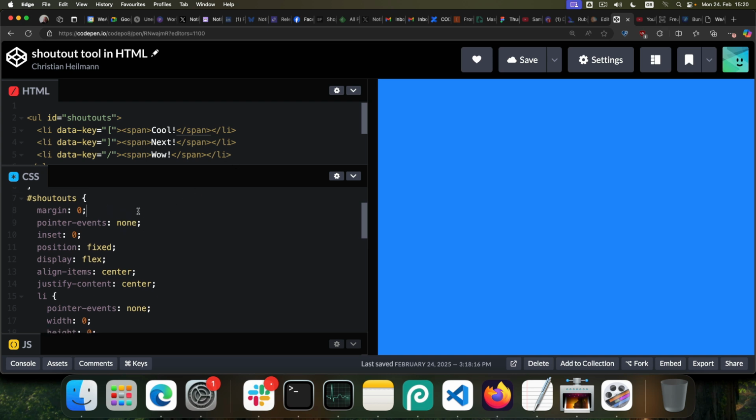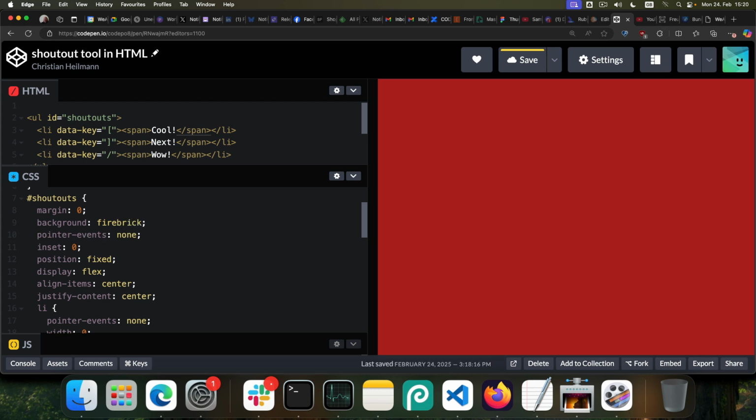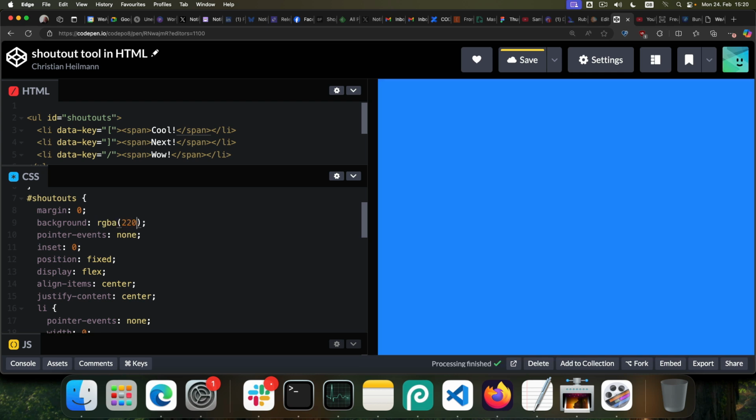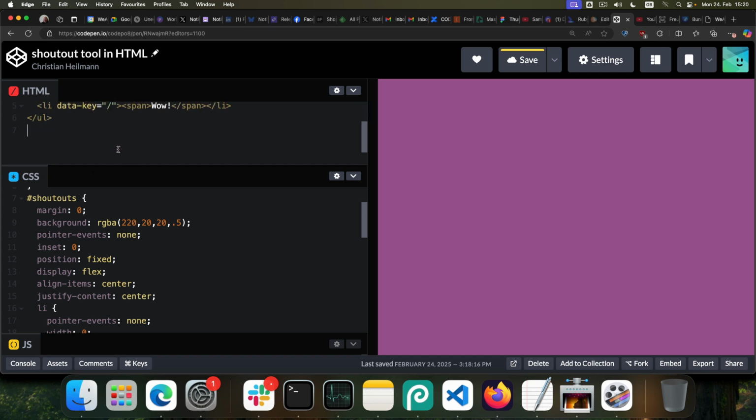But let's go back to that pointer-events none. What we're doing here with the shoutouts and the inset 0 is covering the whole document. So if I gave that a background color right now of firebrick, for example, you would see that the whole document is covered by that UL. This means if I take a color here that is transparent, so you can see what's happening, like RGBA 20.5, just to get a half transparent whatever. You can see that if I had a text in there, let's say a P with lorem ipsum,